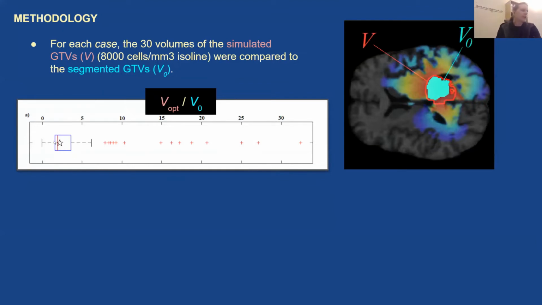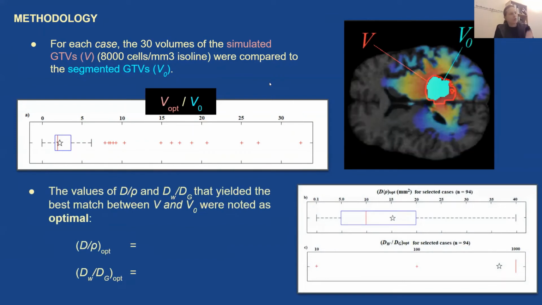And generally, we're down here around 2. So basically the simulated tumor has twice the volume of the segmented tumor. This was considered okay with us, partly due to the skin effect, where you add a couple of voxels around a sphere, it's going to drastically increase the volume. So this is not as bad as perhaps you might imagine. There were many outliers though, and these were removed from further analysis.